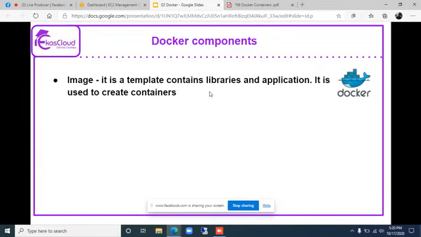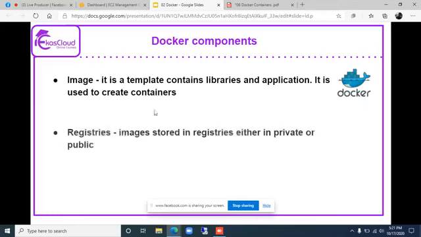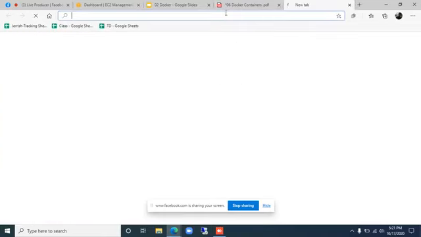So these images are developed by developers and it is kept private within the organization, or it will be hosted in a public repository, which we'll be calling a registry. So registries are a place where you have all the images stored. It will be sometimes within the organization as private, or over the internet accessible to anyone as public. That is called a registry. There are lots of registries available. Among them, Docker Hub is one of the popular registries.